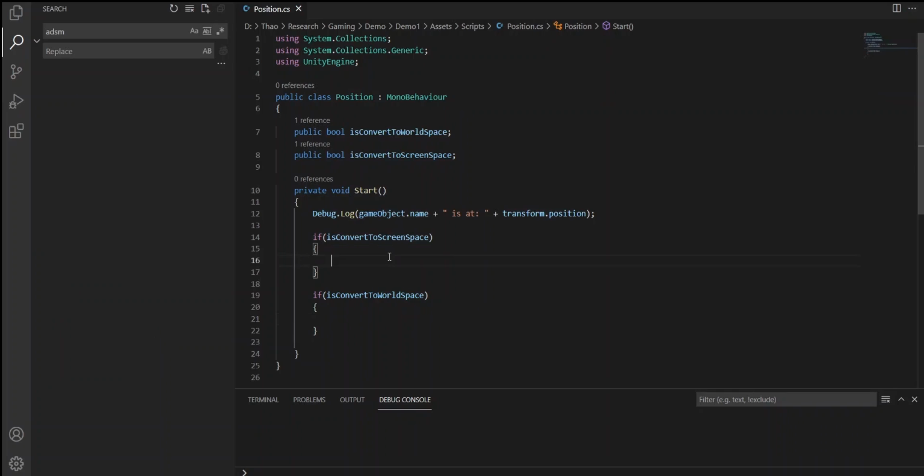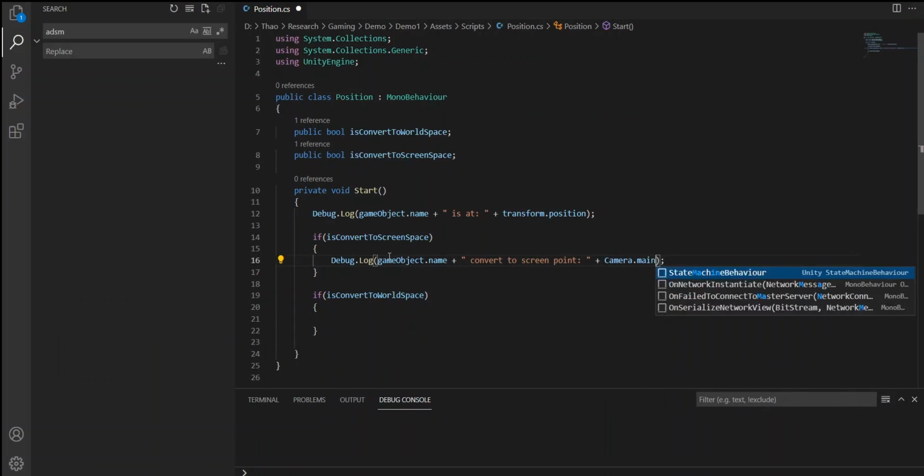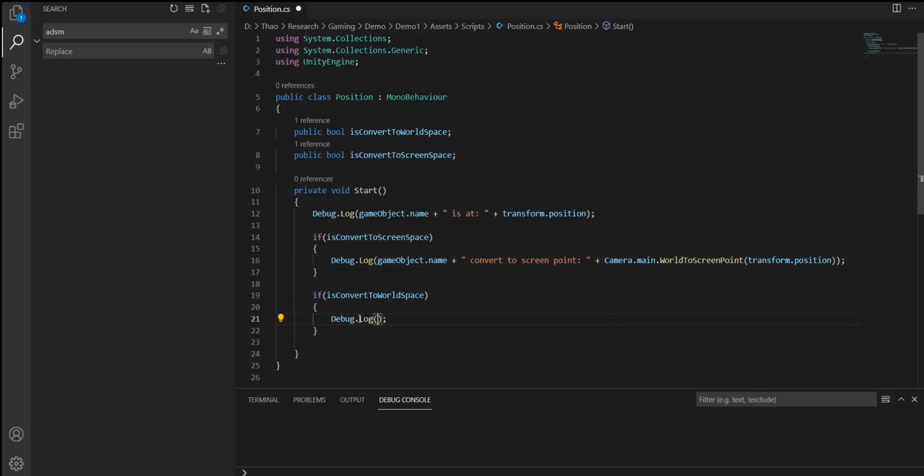And all of this can be done by built-in functions in Unity, so you can easily convert a point between world and screen space. But note that the converted point has a value that depends on the camera, so you need to change the value a bit before showing it exactly on your target space.